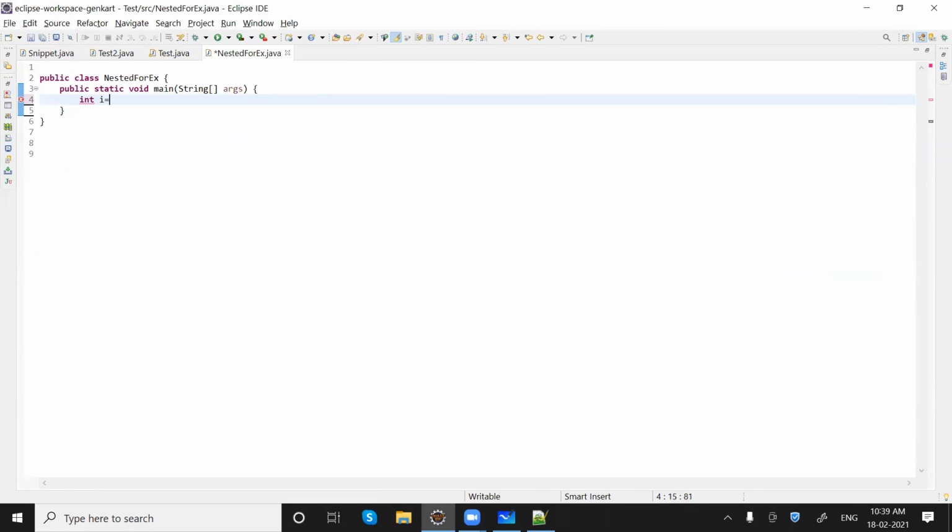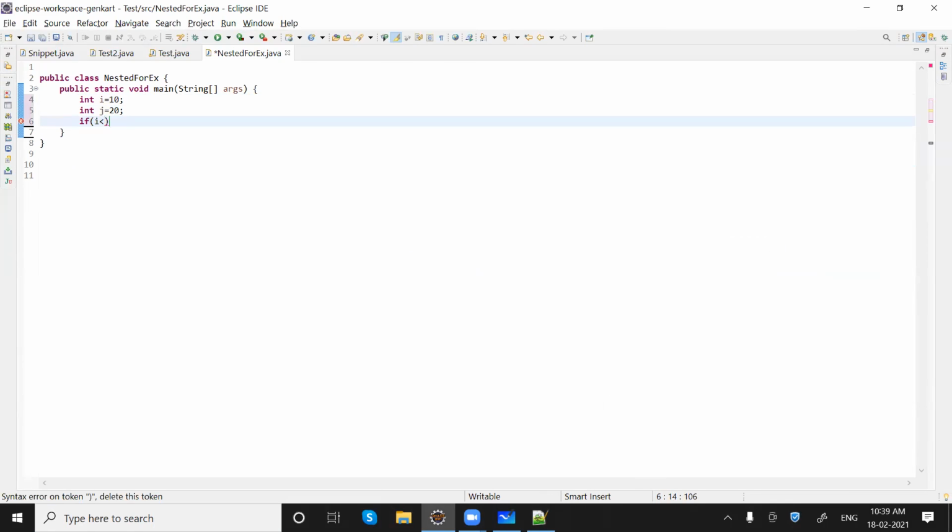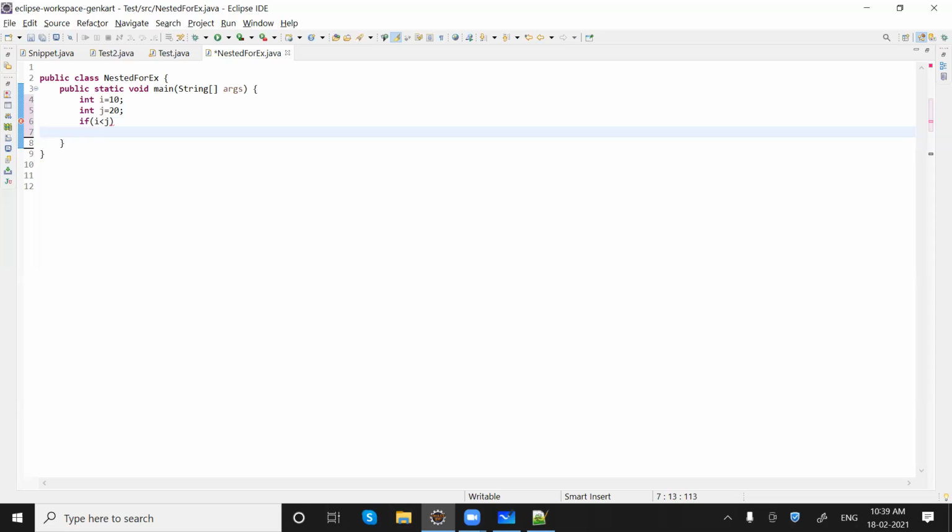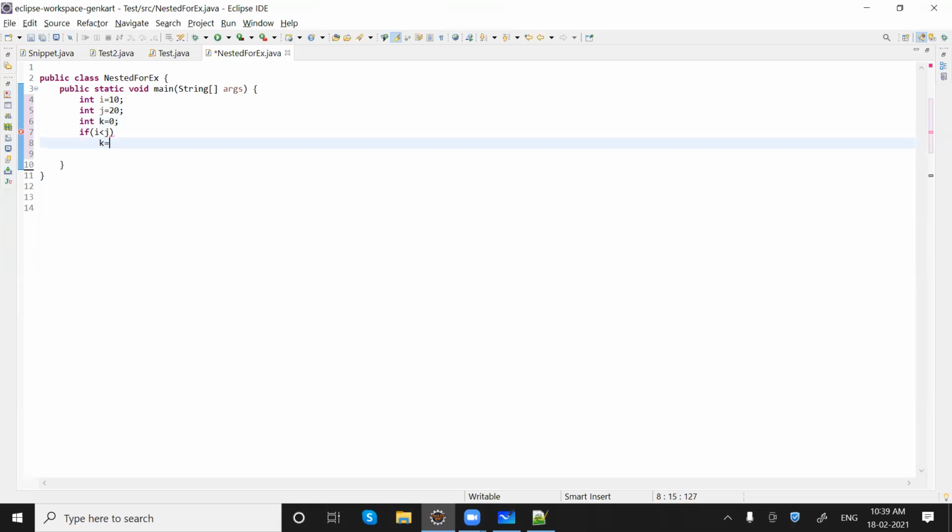int i equals 10, int j equals 20. Now I'm saying if i less than j, we have another variable int k which is 0 initially. We will be initializing this value based on the condition: k equals i.